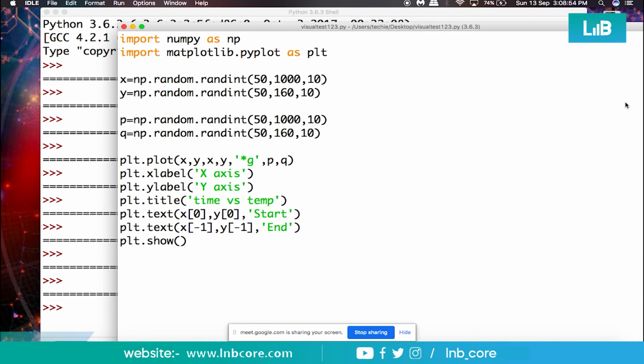For having great visualizations on any particular window, before that try to visualize it in your mind. If you have visualized everything in your mind, then the same thing must be written using some commands which will help you to design that structure, or the order of writing the commands as well, right? At the last, every time in the end of the program, you should use plt.show. If you use plt.show in between here, then this thing will not be coming, right? So you should use this plt.show command at the end.